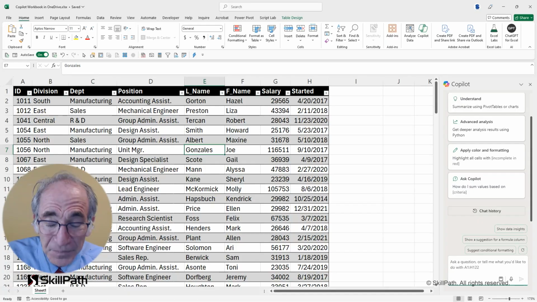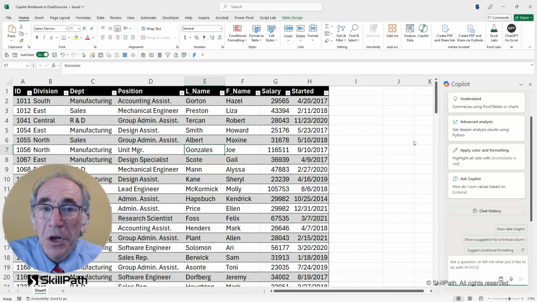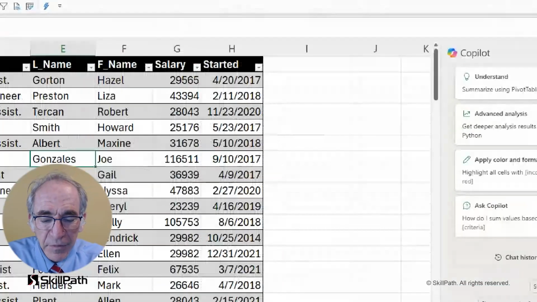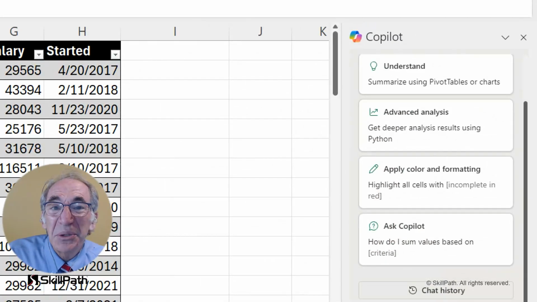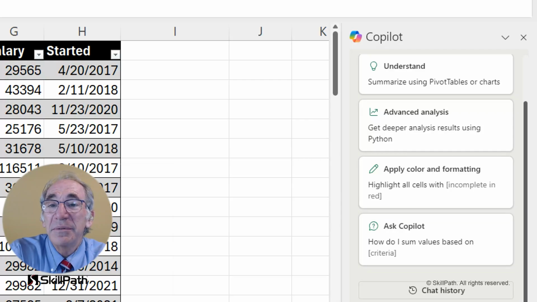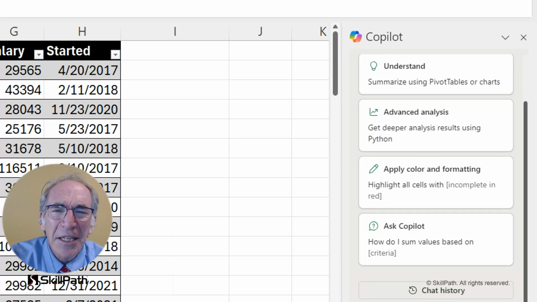For example, if you notice on the right side of my screen, inside of the Copilot window, would you like to summarize using pivot tables and charts? Would you like to do some kind of an advanced analysis? Would you like to apply some color and formatting? Maybe you're the type of person who needs to highlight the highest value, the lowest value, or all the values that are from a certain division or department.